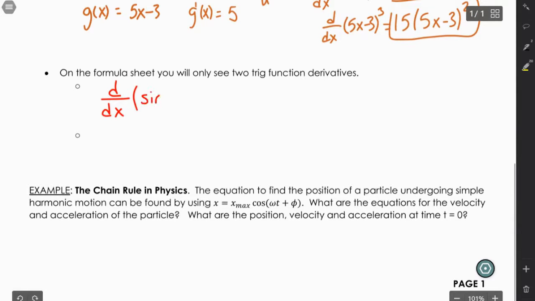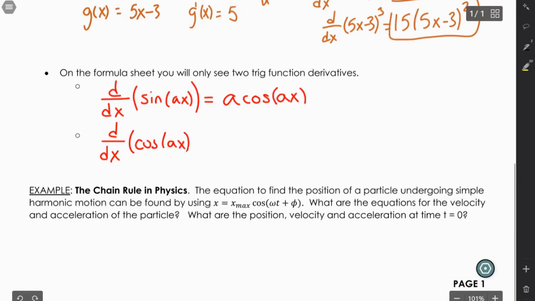Again, they're writing it with the chain rule. So I have the derivative of sine of ax, and that's just going to be simply a cosine ax. And then if I take the derivative of cosine ax, that's just going to be negative a sine